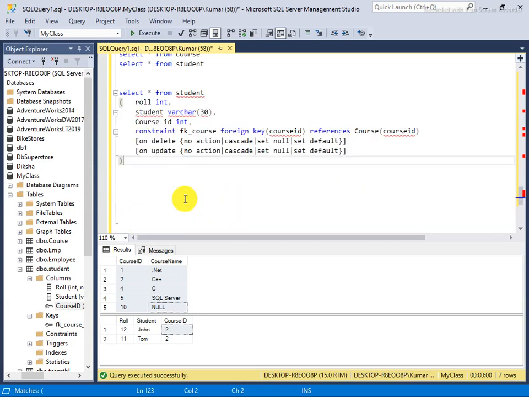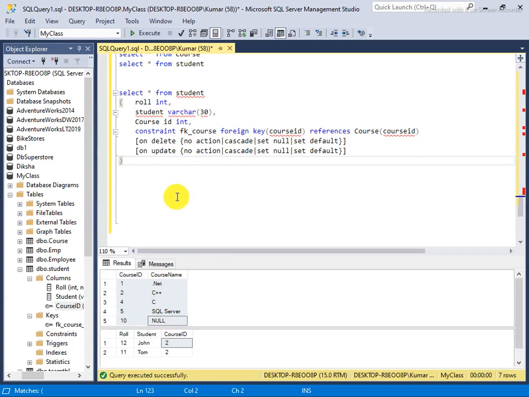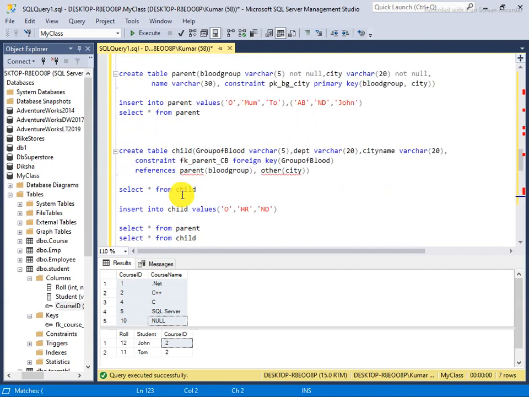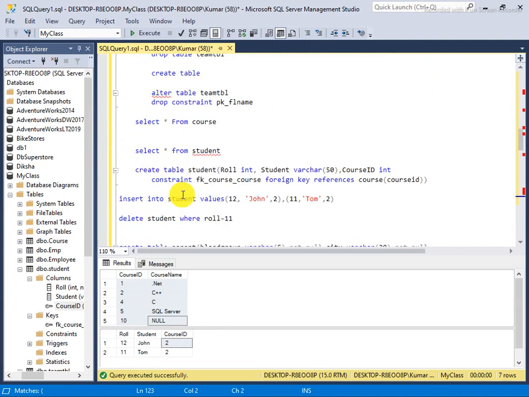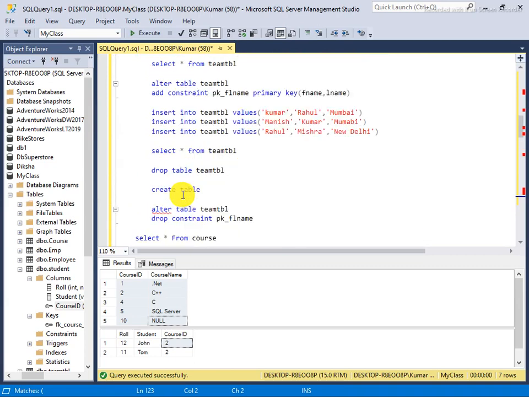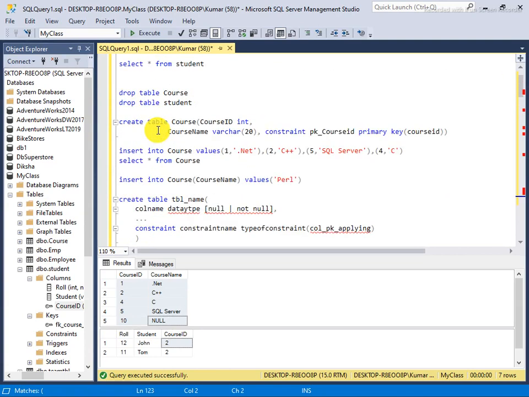Okay, so now I am going to again do the same thing here. I will make these changes. I will drop the table which I have created.